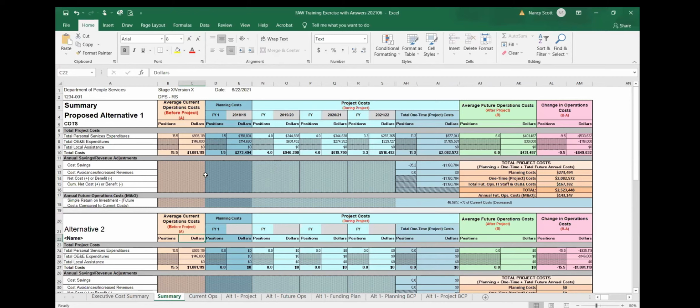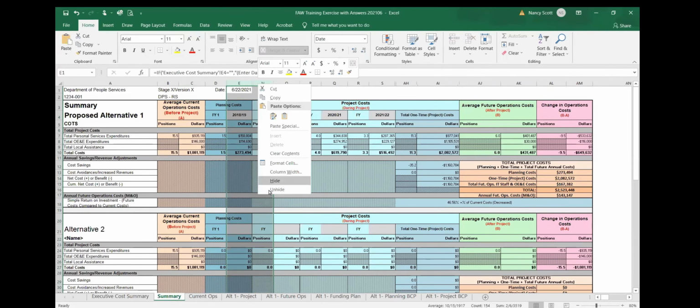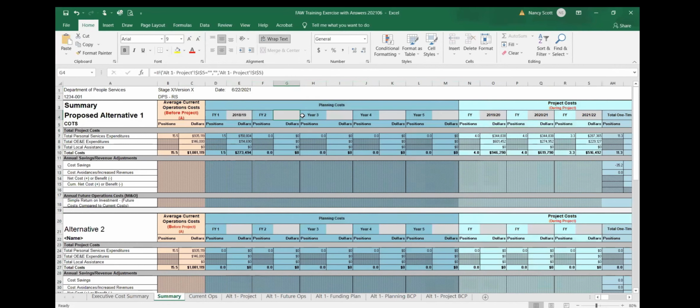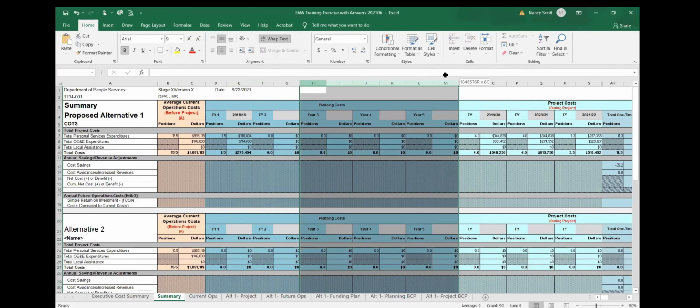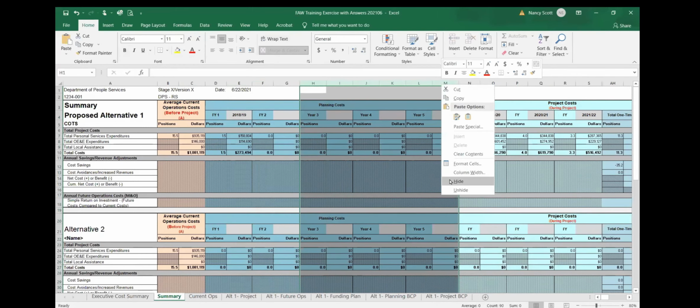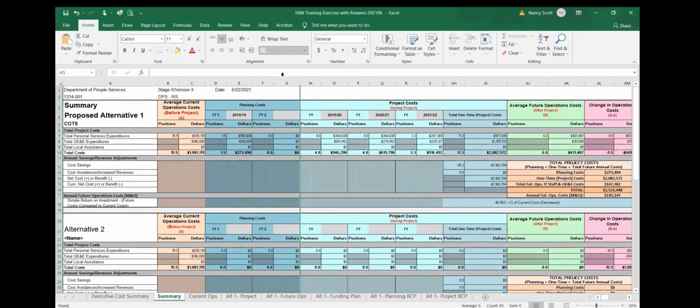It shows what the planning costs are and how many years. If I was to unhide this, if this solution had more years, it would show automatically up to 5 years on that. Because there was only 1 year, everything was hidden, and you could leave one open to show that you weren't missing something.